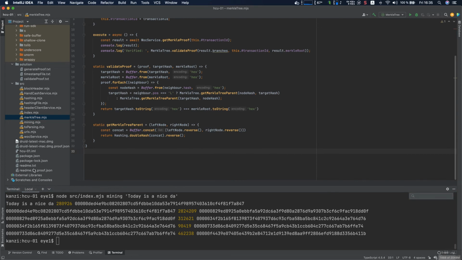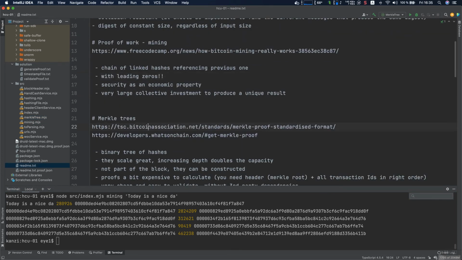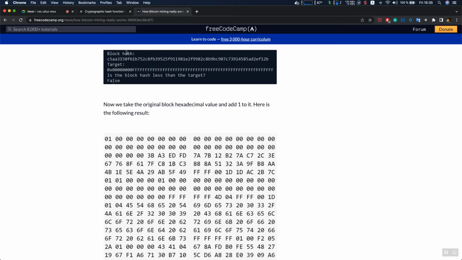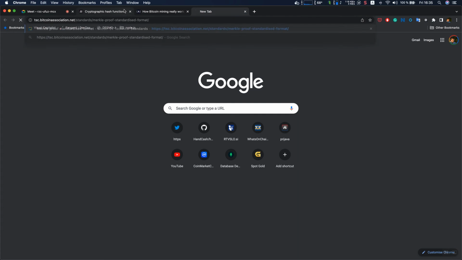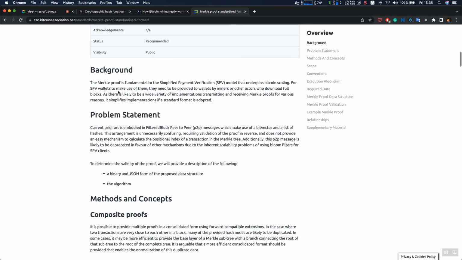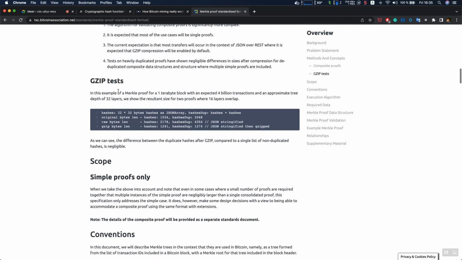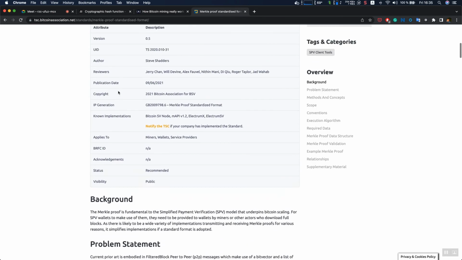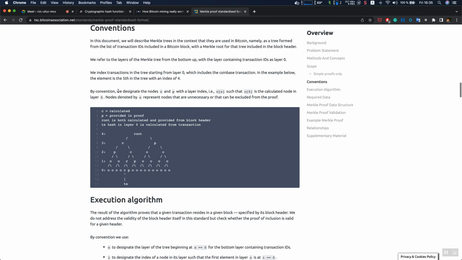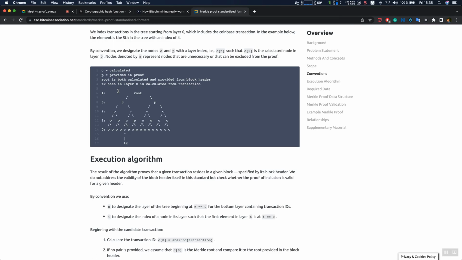And maybe let's check a little through the theory first. So yeah, here is the standard, which is currently being approved, defined. But Merkle tree,